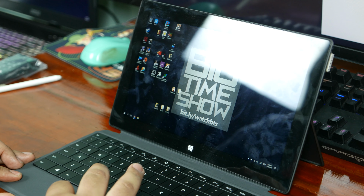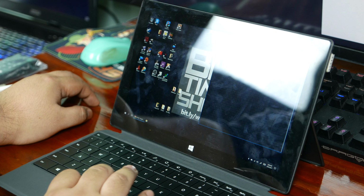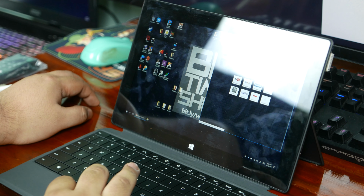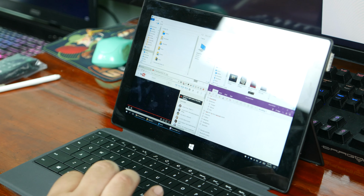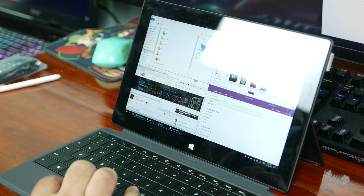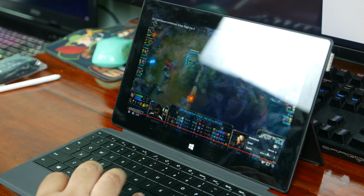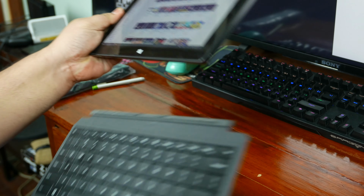I can even guarantee you, as a YouTuber and blogger and sometimes programmer, I can still use this for all of my purposes to this day without any complaints. You can do PowerPoints in this thing, programming, Word documents, Skype calls, and even tons of browser tabs and watch YouTube. I can even do 1080p video editing on this thing, and if I push it, I can do 4K. This is a venerable powerhouse for what you're paying for, and by the way, it's also a tablet,